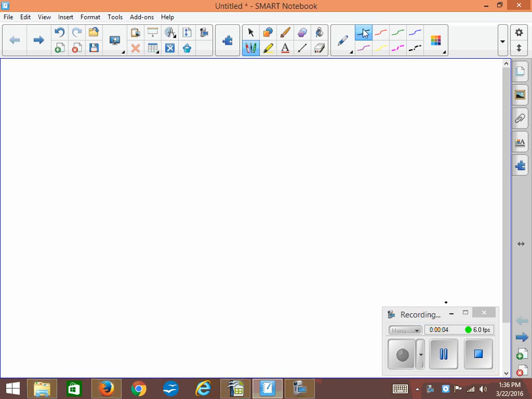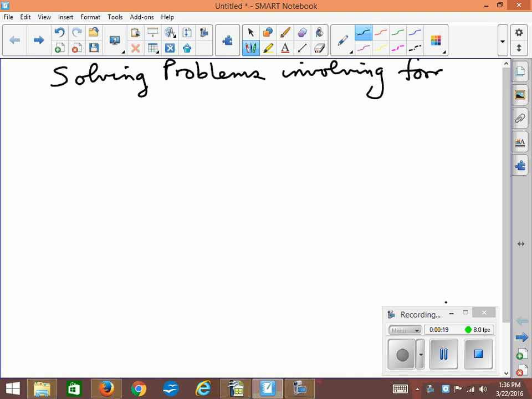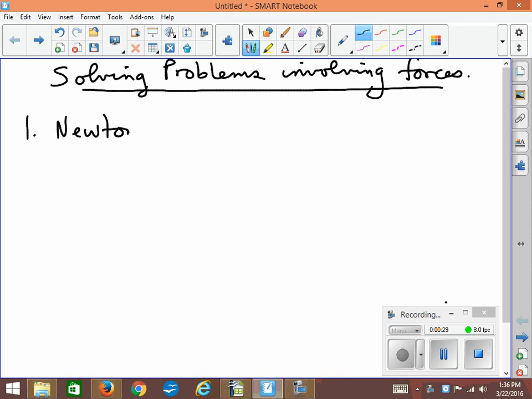Here we are again. This is going to be about solving problems involving forces. Okay, so there's basically three things that you need under your belt, and one is Newton's laws from yesterday. If you don't understand or recognize how Newton's laws work, you will not be able to proceed to the next part, the second part, which is